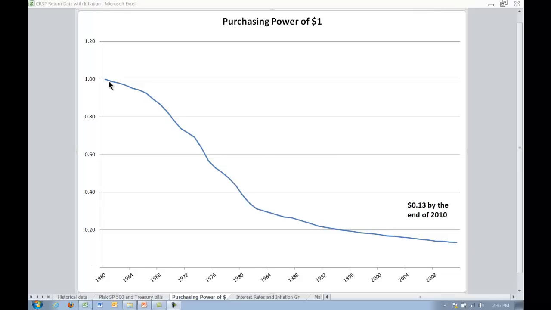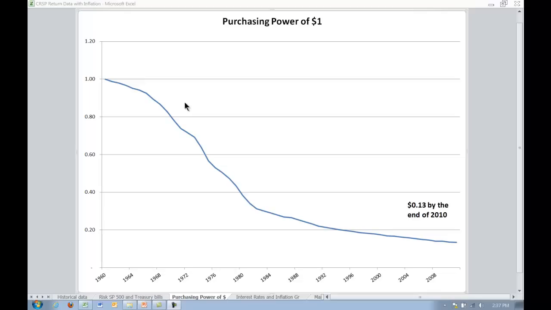So if you invested $100 in 1960 and still had $100 in 2010, you would have in fact experienced a very significant loss, since the purchasing power of that $100 in 2010 is only $13 in terms of 1960 dollars. So to illustrate how important this purchasing power calculation can be, let's look at the